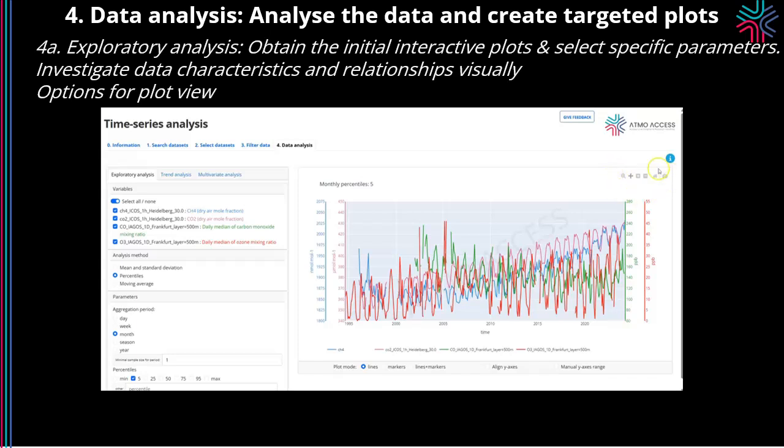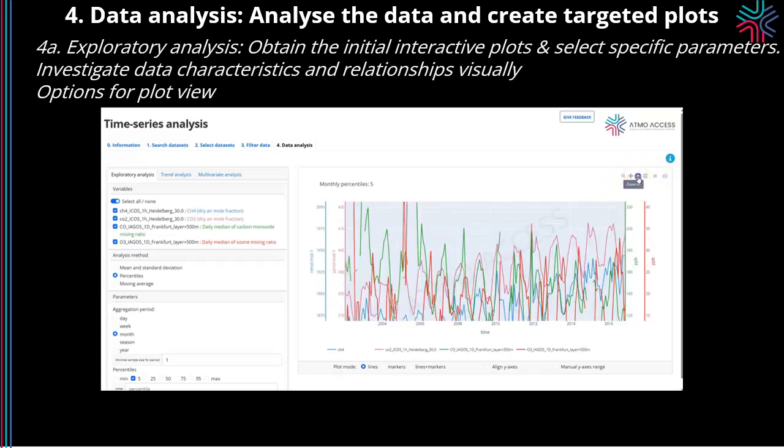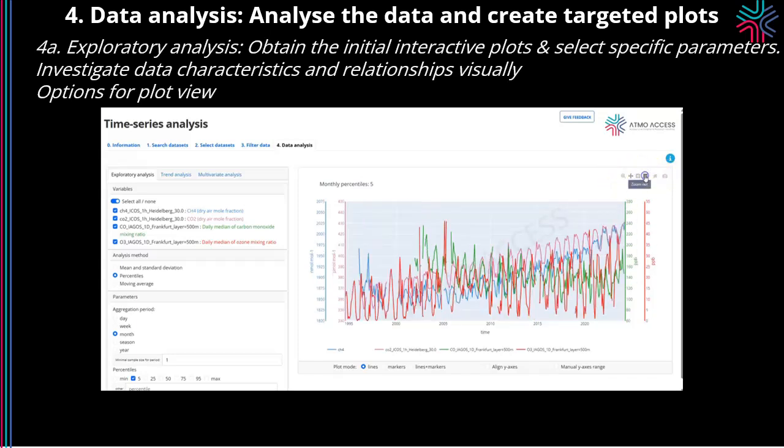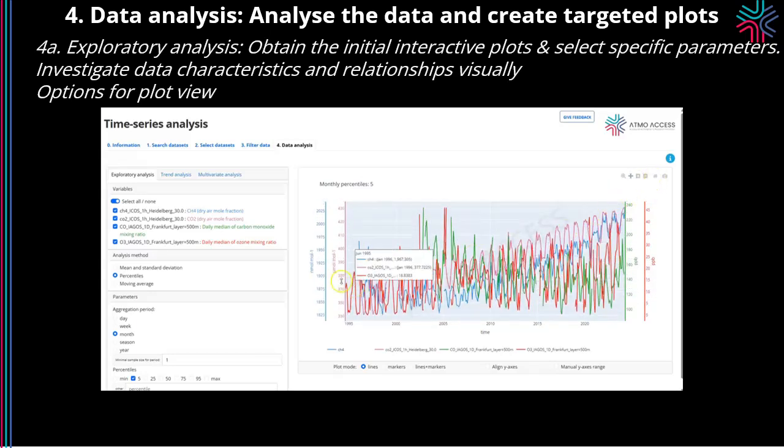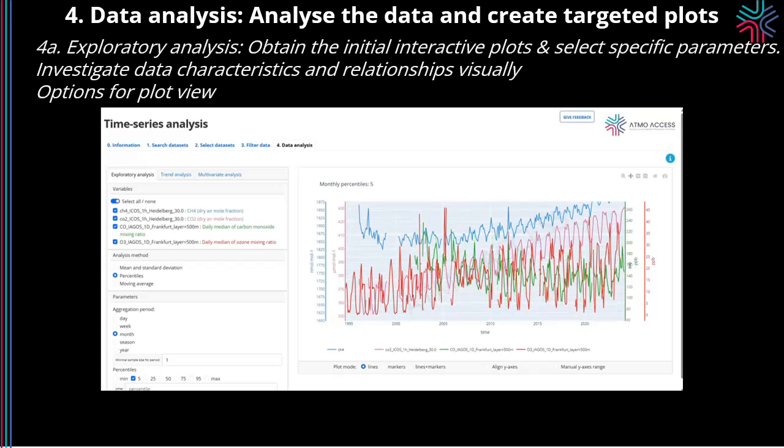This useful toolbar enables you to take control of the plot view. Use the zoom tool for detailed examination, pan across different areas of the plot, and reset to the original view at any time. For precise adjustments to the axes, simply use the mouse ruler to customize and shift individual axes.